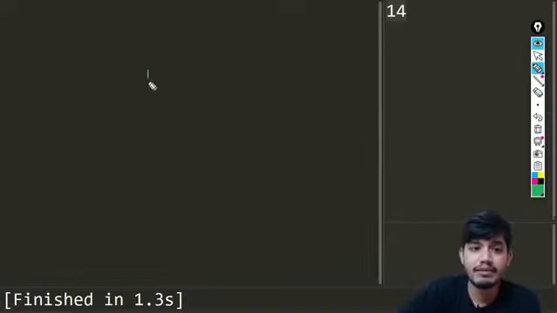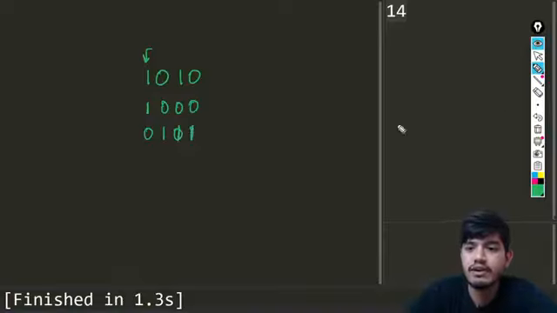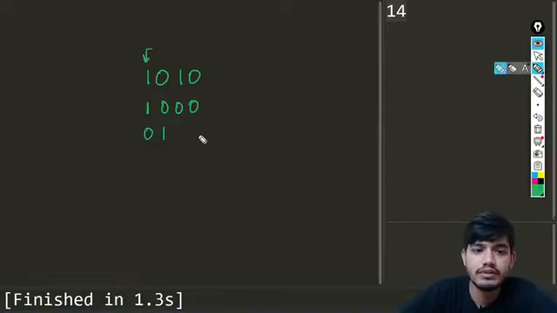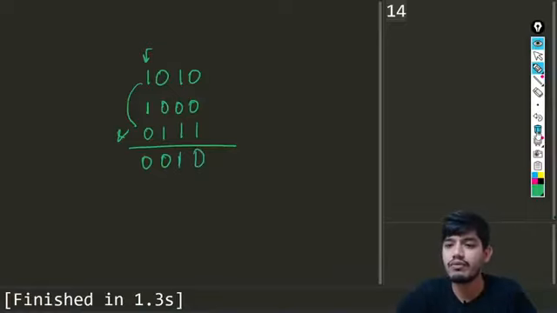This time I'm going to take the example of 1010, and in this I'm just going to be unsetting this one. Let us try to do that. So I'll bring 1 here, all the other values will be 0, taking the complement will make all the other values 1, and then again take the AND operation for this and this. So if we take the AND operation, this will be 0, this will be 0, this will be 1, and this will be 0, basically not 1.